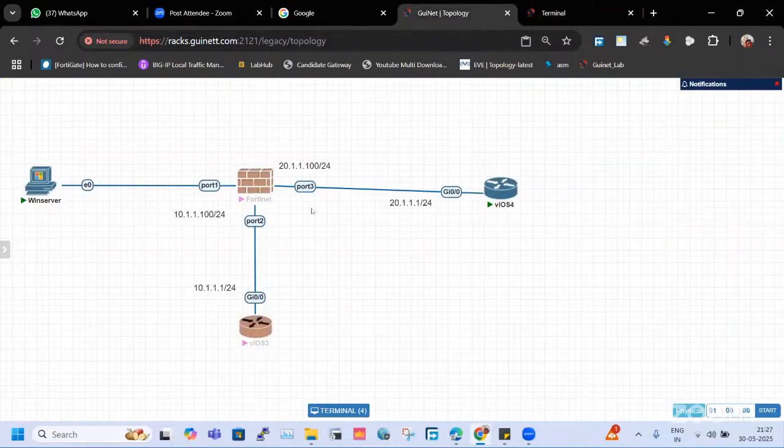10.1.1.100. Port number 3. Oh, चलो ठीक है, सामान अपना एक बार चेक कर guys, please mute yourself. IT. ठीक है, फिर 100 रुपए दिए।